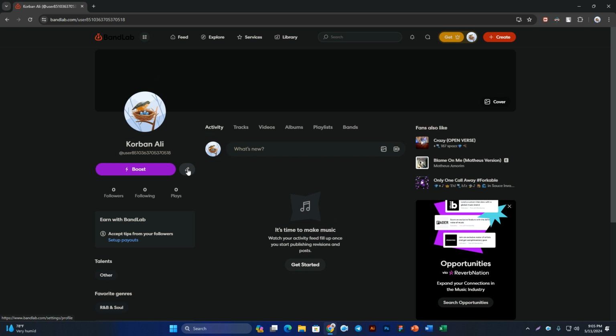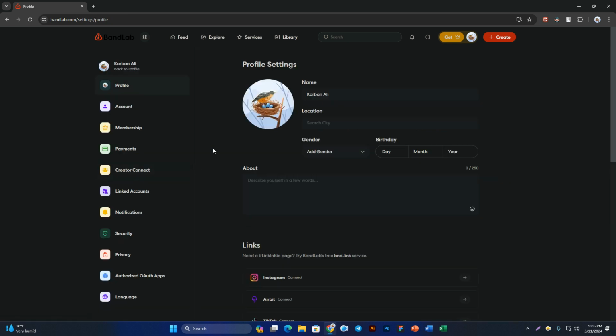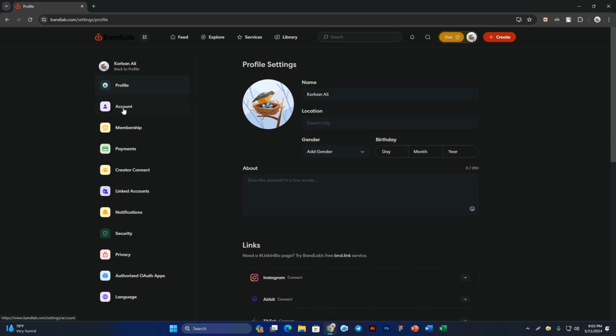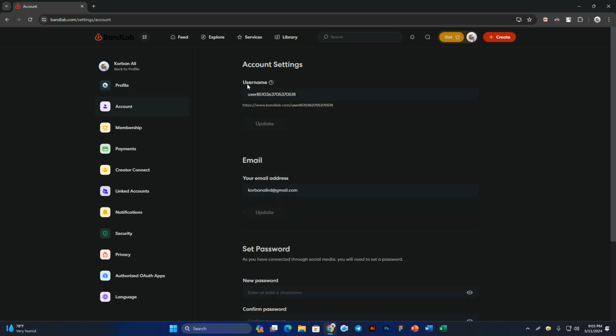You can see this one pencil, click here, then profile settings. So you have to click here account and username. Once you create your account, then you will see some random username. It's not good, but if you want to create a custom username, then you can, but it must be unique. So I'm just going to